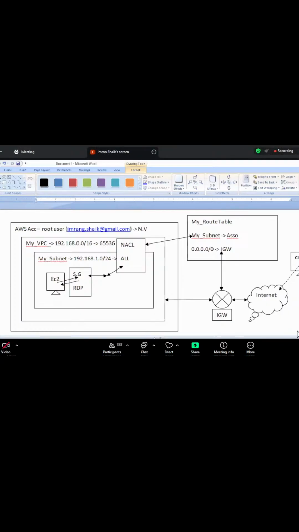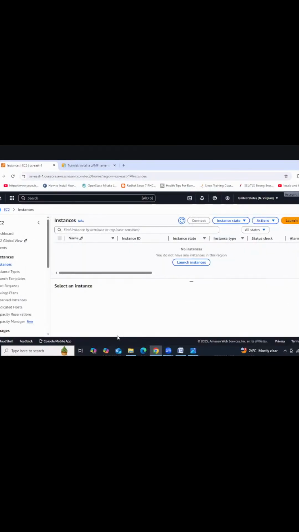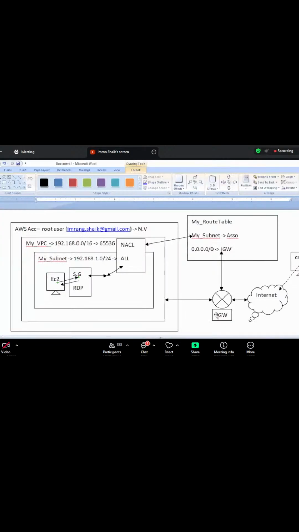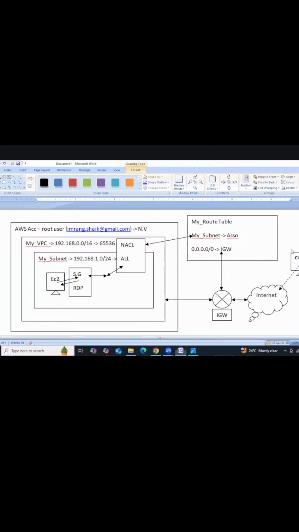Right. So log in as a root user. Now we are in North Virginia. Go to all services, not AGW, my IGW, internet gateway. The internet gateway communicates with the VPC as well as the route table.